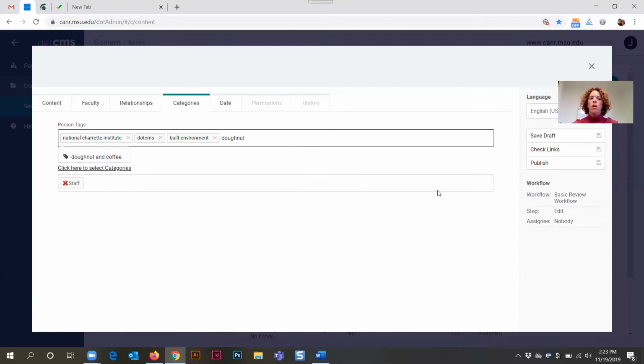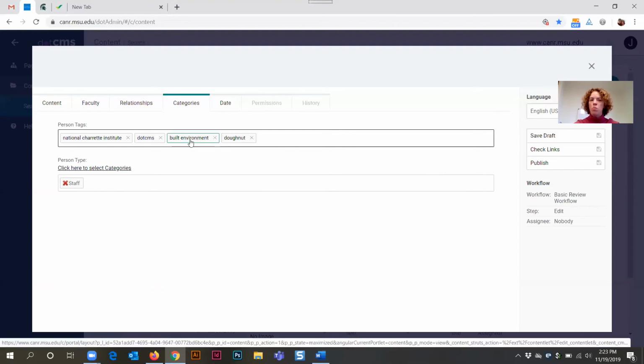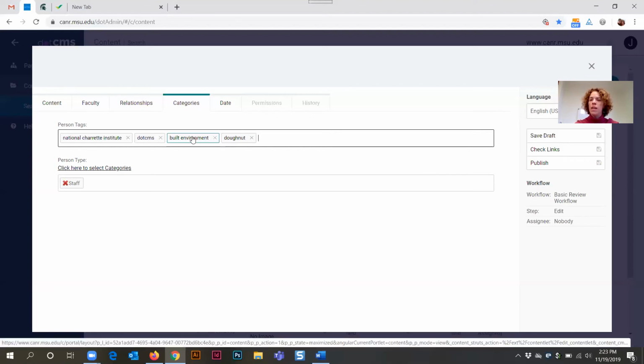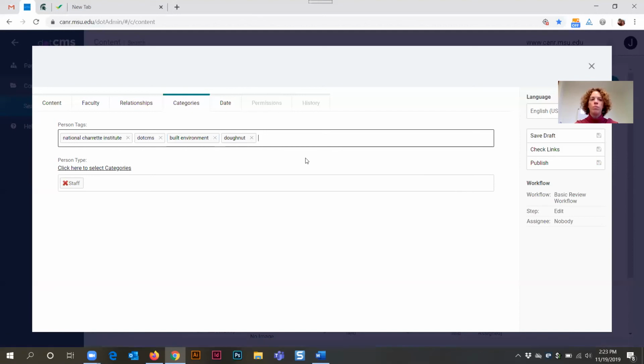So if you want to make this tag into a tag that will be used in the future, all you need to do is click on the Enter key on your keyboard, and you'll notice that the square now shows around that particular word or phrase that you're putting in there. And that's how you create a brand new tag versus using one that when you start typing, there's a pre-existing tag that you can select for.